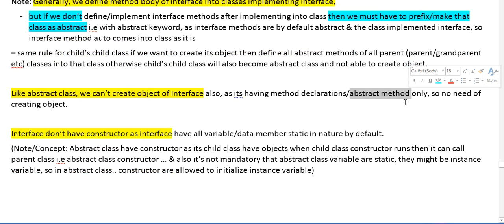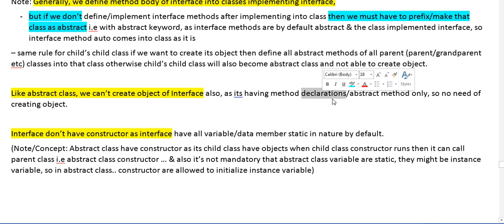We cannot define that method, so there is no need to create the object of that thing.